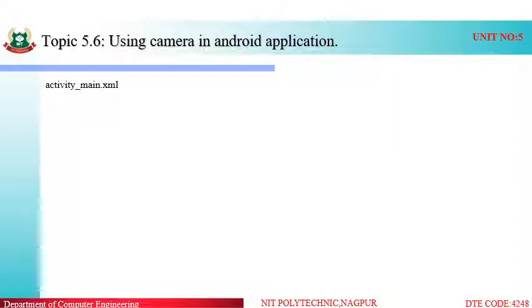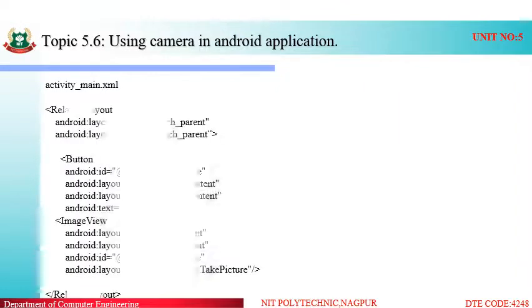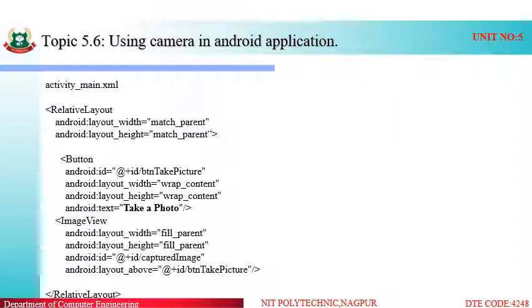Next, how to use this in the activity.xml file. We have created a simple relative layout, provided with the basic properties layout height and layout width. We have created a button inside which we have put the text as take photo. By clicking this take photo button, it will capture the image, and the image we have to show inside our image view.